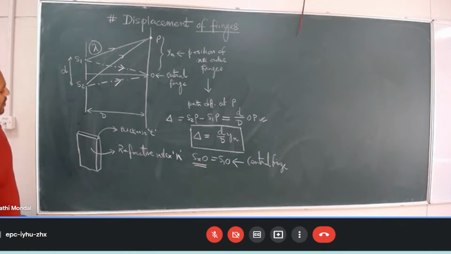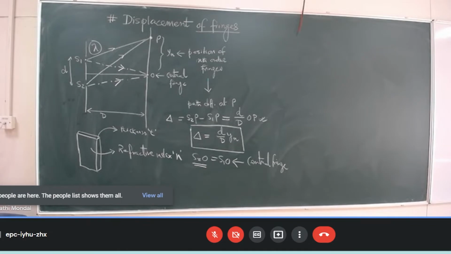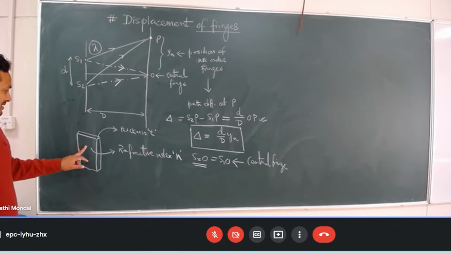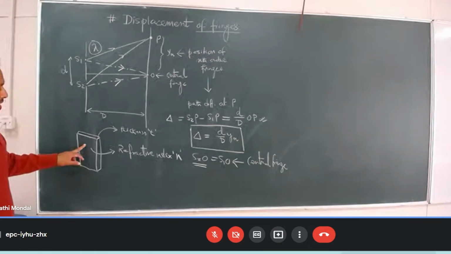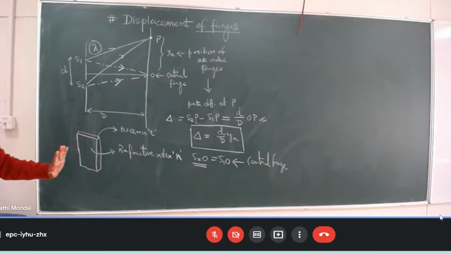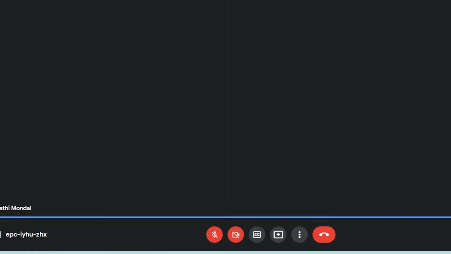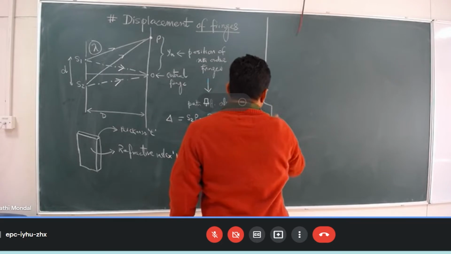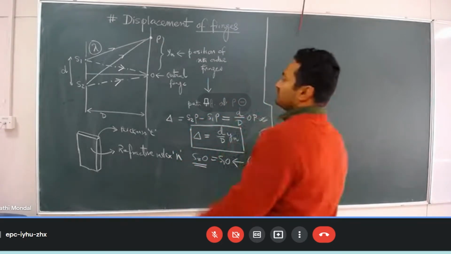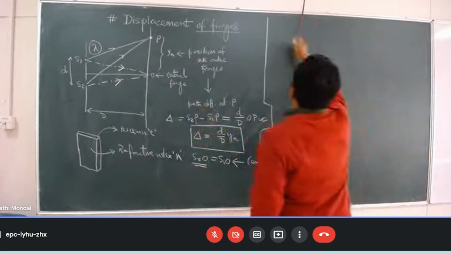Although they have equal geometrical path difference, the optical path will be different because some part of the light will go through the thin sheet of refractive index N. Okay, so now what I have to do, I have to put one sheet here near the S1, let's say. So if I put it, then what will happen actually? So let's do the same experiment by putting